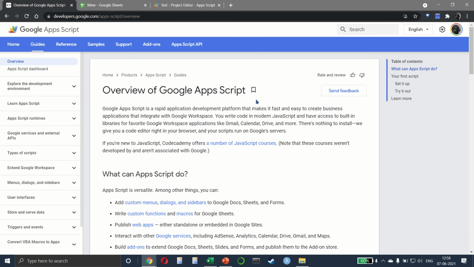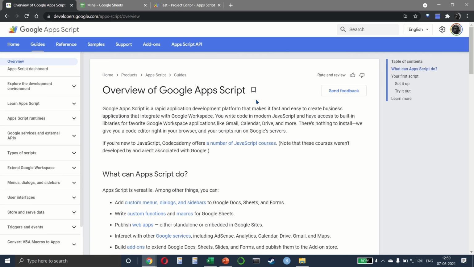This course is about Google Apps Script, and the one line takeaway for all of you is that it is a development platform that makes it easier for you to work with Google Sheets. Now, that can refer to automation, that can refer to integration with other applications, or maybe that can refer to a complete development platform that is at your disposal.